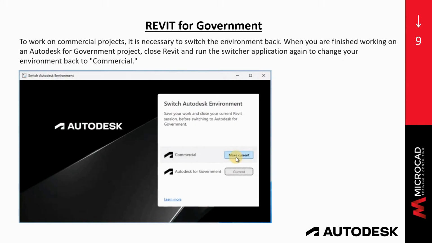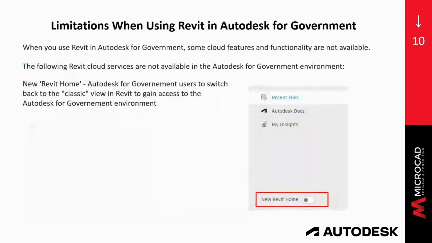It is two completely different applications. You can create a shortcut for that application and place it on your desktop if that makes your life a little bit easier, instead of going through the whole path of going to the program files and so on. So I want to give you the limitations, what does not work or what is disabled when you're using Revit in